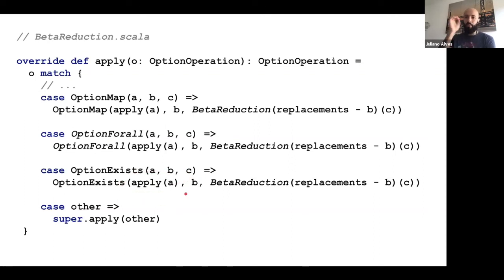We'll apply that to the value of that option, and then just create a new one, applying that value, and then beta reducing the replacements. Replacements are a map with the element that should be replaced, removing the second one.